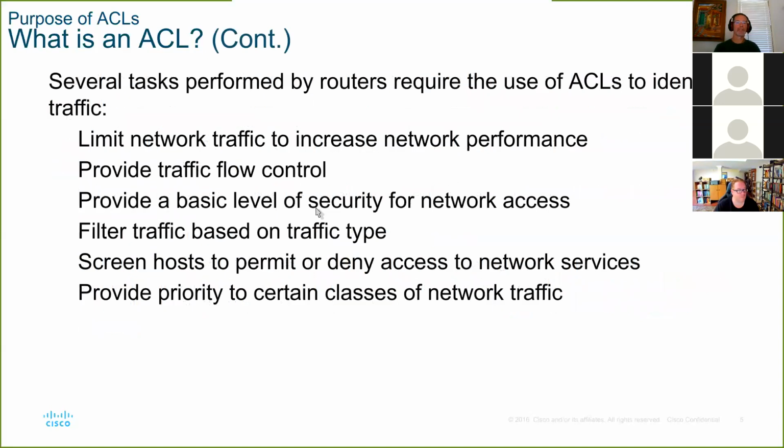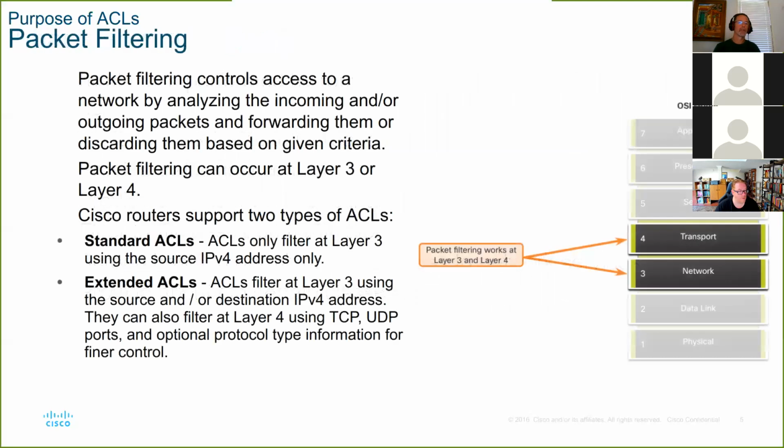Basically, some of the things that an ACL can do: it can limit network traffic, right? So you can throttle traffic to preserve bandwidth, control the flow, what direction traffic can head to, basic security. There are other things that you want to do. You can say no telnet traffic is allowed in or out of our public facing interface. All these other things, there's a ton, and this is just a short list.